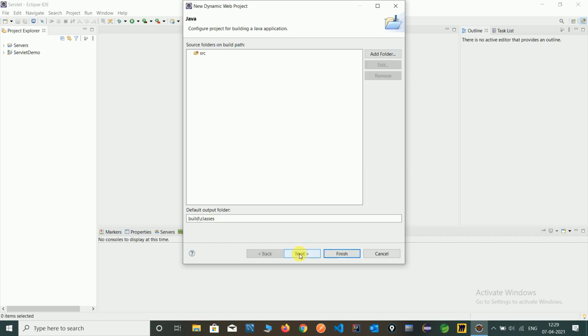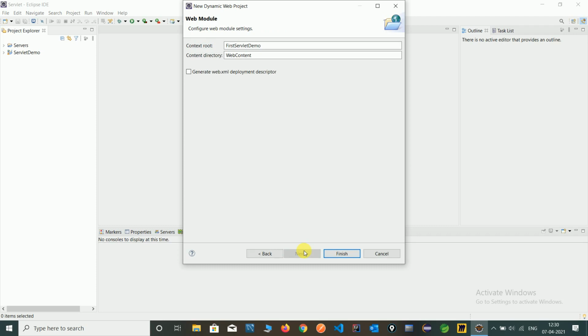Click on Next, click on Next, and here check Generate web.xml deployment descriptor and click on Finish. The first time it will take some time to install our first program.